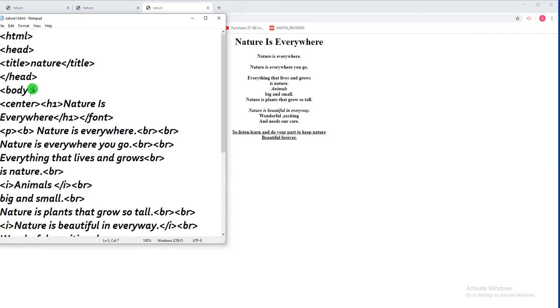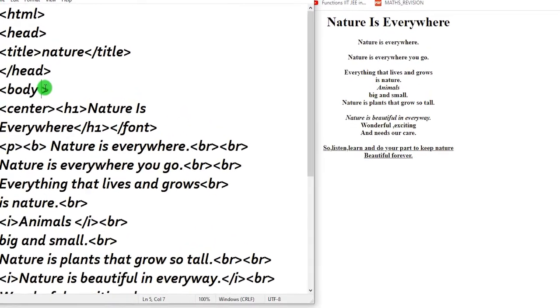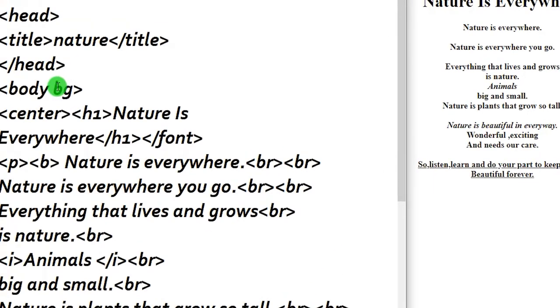So I'll have here in the body tag, I'll write BG, and to put it in simple terms, BG stands for background color, but there should not be any space in between. And BG color, the spelling of color is C-O-L-O-R, is equal to, and now its value. This is the name of the attribute, then is equal to, and then the value. The value can be in double quotes. We can write any color that we want.